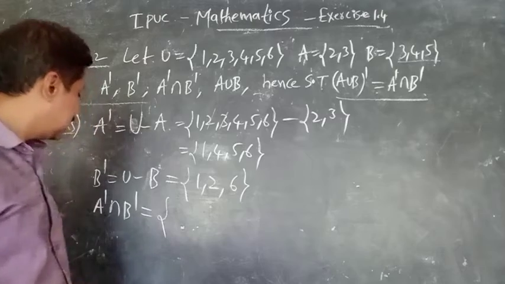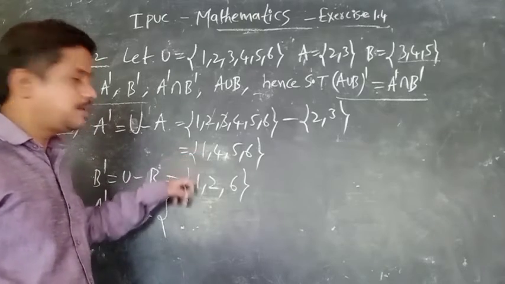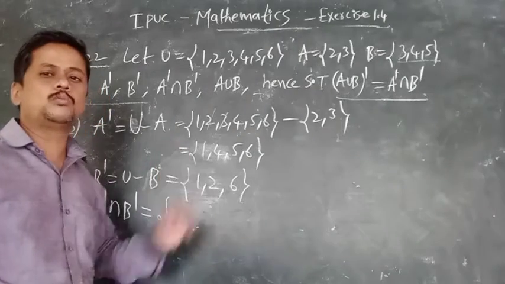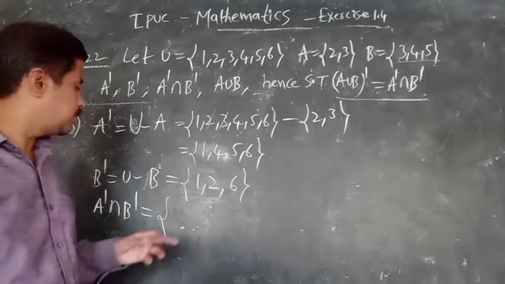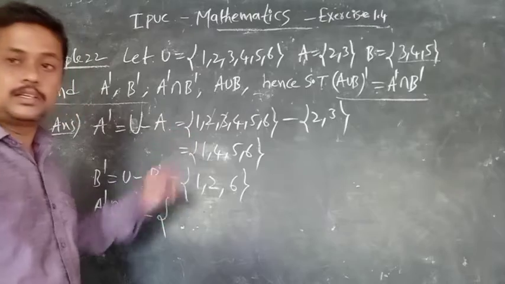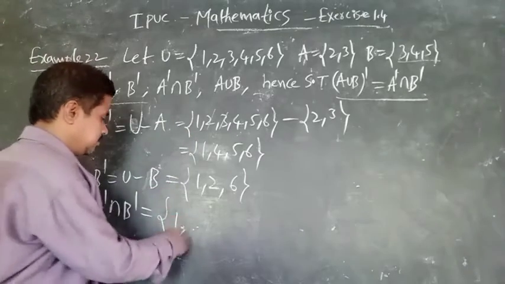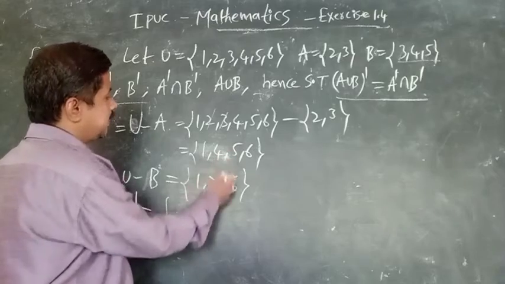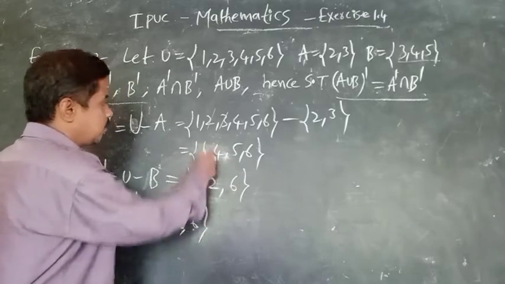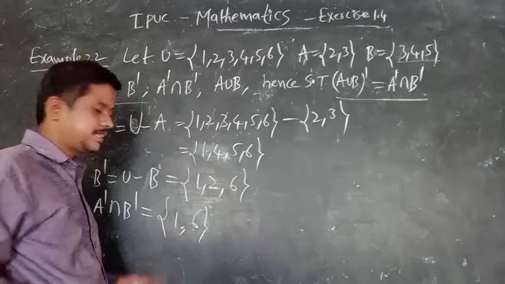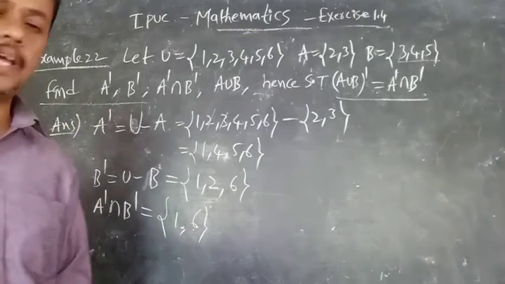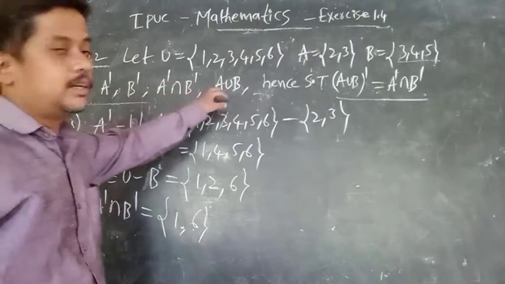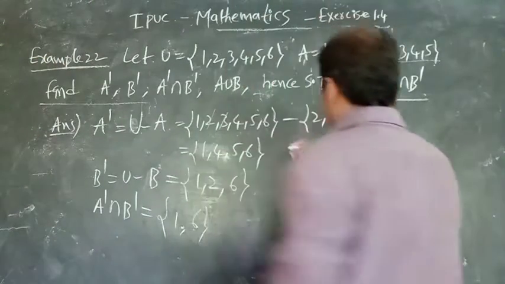Tell me how to calculate intersection. Intersection means what? Common to both the sets. So therefore 1 common is there. 2, 6. 2 is not there. 6 is there. 4, 5 not. So 1 comma 6 is the answer. Like that we have to calculate A dash intersection B dash. Third one is over. Next we will move to the next one called